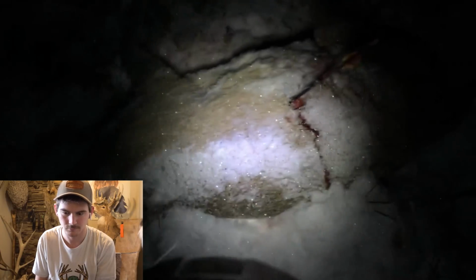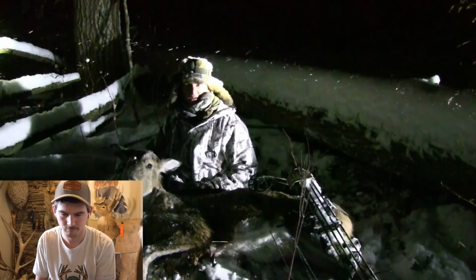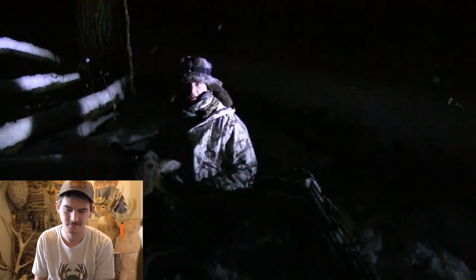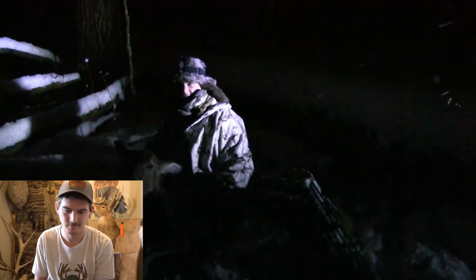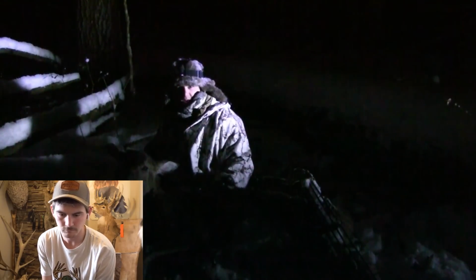there she is. Yep. Well, I ended up finding her. I started losing blood and I was just following her tracks, and then I stumbled up on her right here. So, only my second deer with a bow. It's been a long season. Stuck it out, ended up killing a doe. Public land,